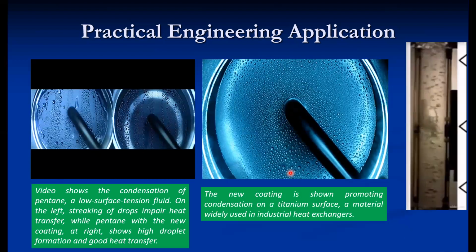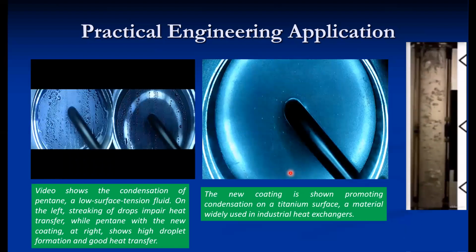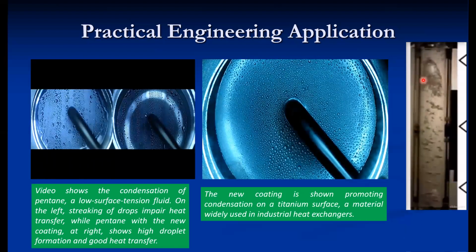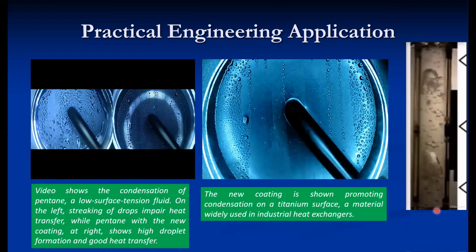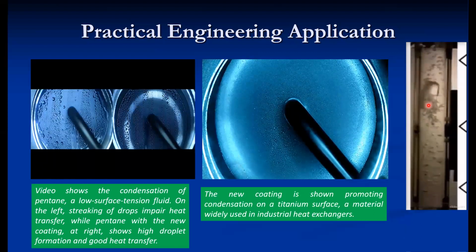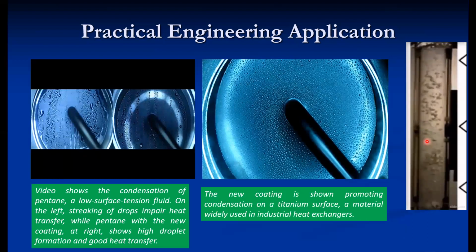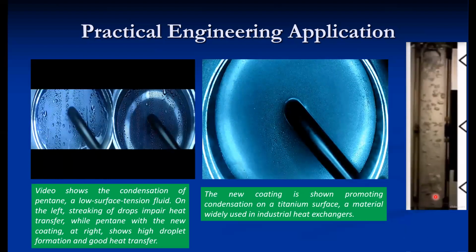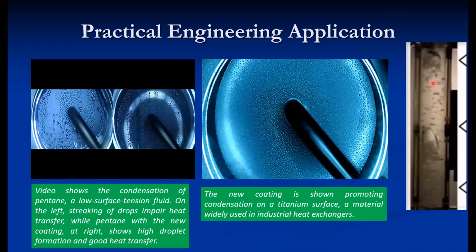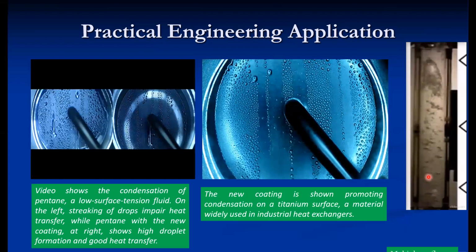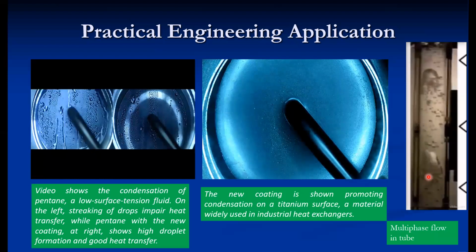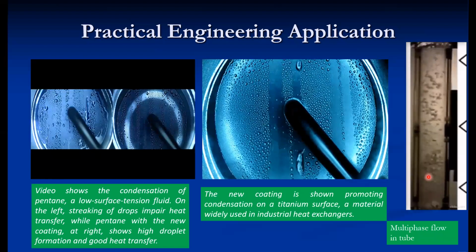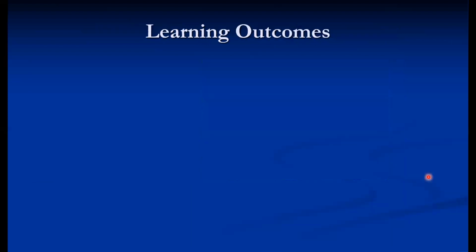This is also an important phenomenon in two-phase flow everywhere, like evaporation and condensation. A lot of research is going on on the formation and size of this bubble, because the size of this bubble, called a slug flow in the condensation process, matters. There are various regimes of the flow, and especially for multi-phase flow, this phenomenon is very important in engineering practice. So these are some engineering applications of surface tension.